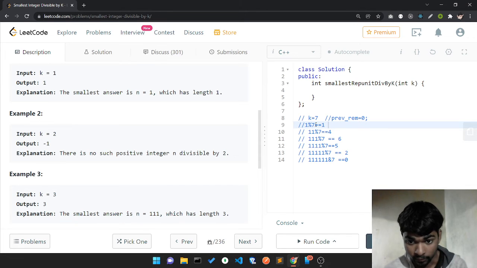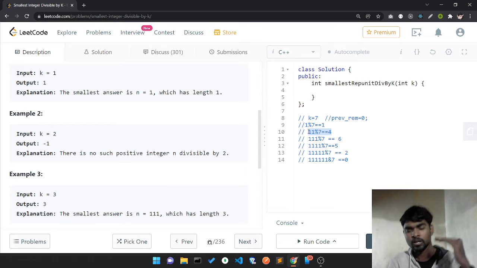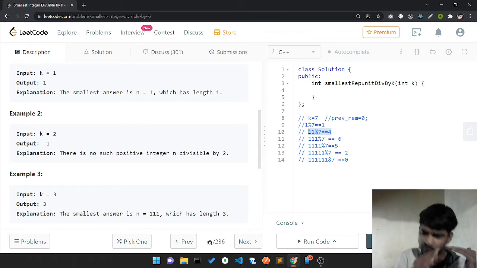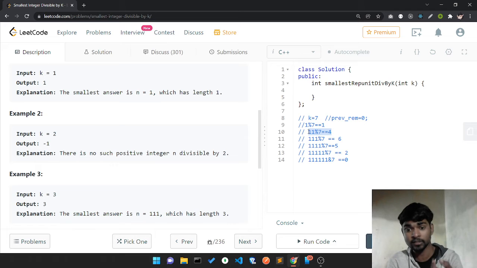And in that case, it's my first step. For this case, I'm just checking manually. If we take the one length string, it can be our answer. If not, I'll check length 2, length 3. If I get an answer, I'll just return it from there. So that's my main intention behind that.